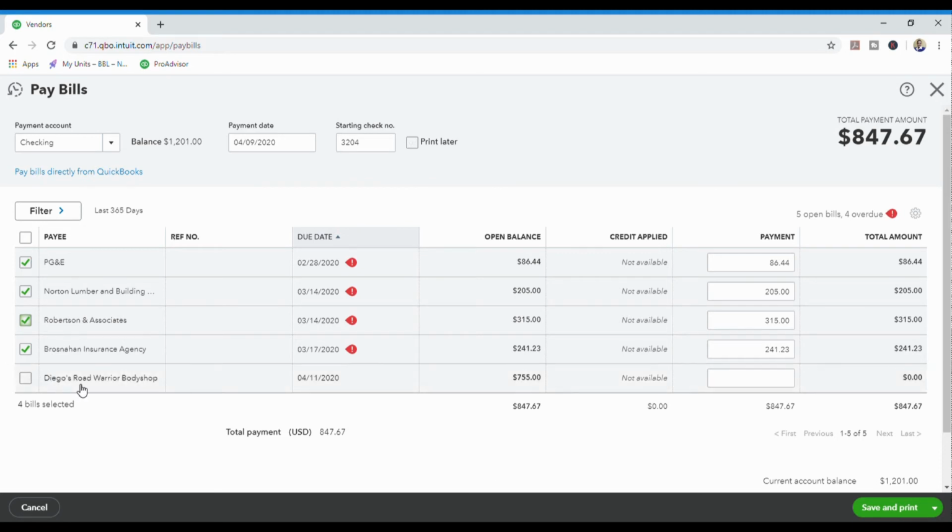I'm going to leave Diego because he is a completely different number. And we're going to click save and print. I'm going to click save and print, and then we'll come back into the screen because I want to talk to you about this. So I'm going to click save and print,